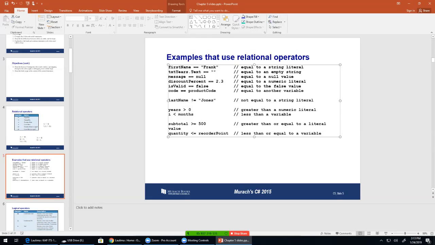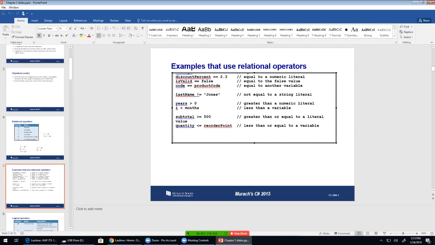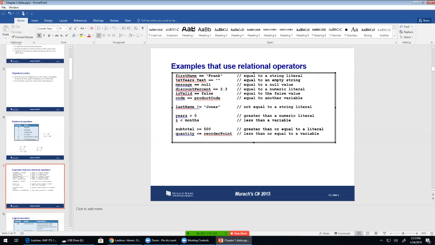This tests if the integer value of years is greater than 0. This tests to see if whatever i is less than months. What's this word value here for? I don't think this word value should be there. Makes sense. So anyway,